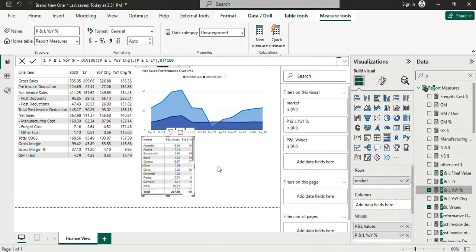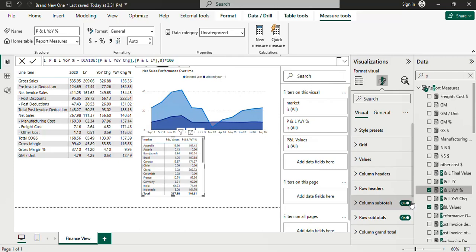Okay. So this one. Right. I don't want the total, so let me take off the total. Okay. Then under market, I want to have